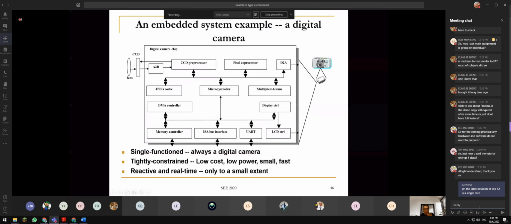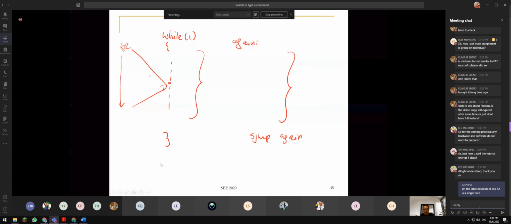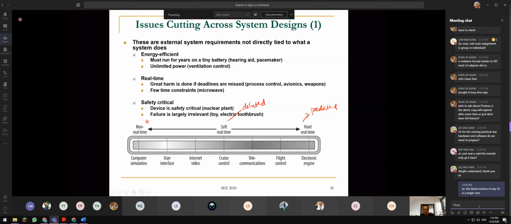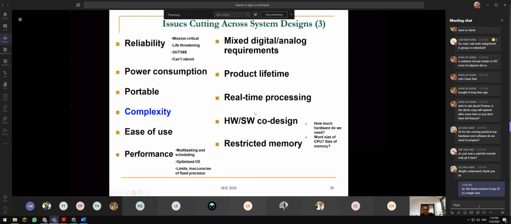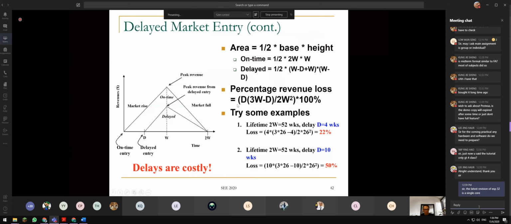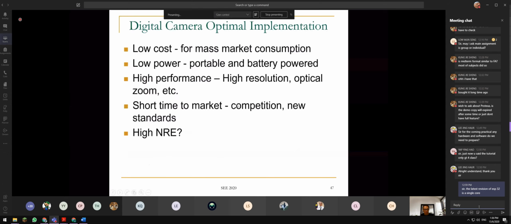Okay, just move on. When you come to design, always ask yourself all these questions. Is it single core? Basically ask these questions: when you come to design, do you really need all this? I hope it's clear. Any questions so far? Yes, let's look at any questions.